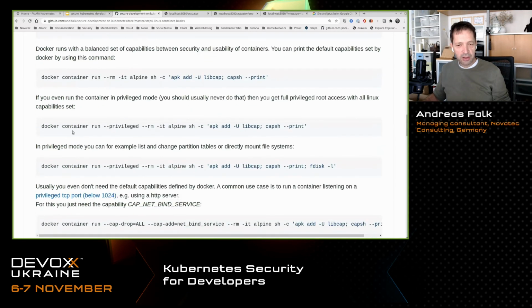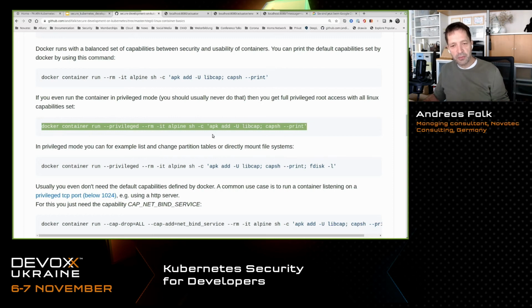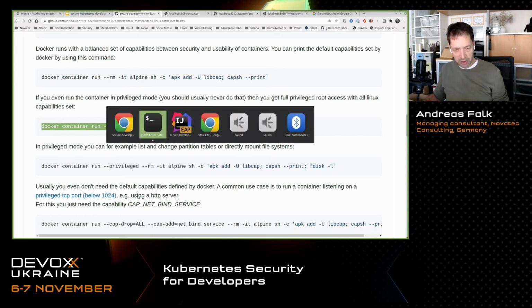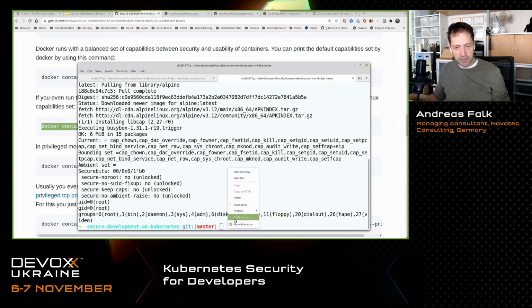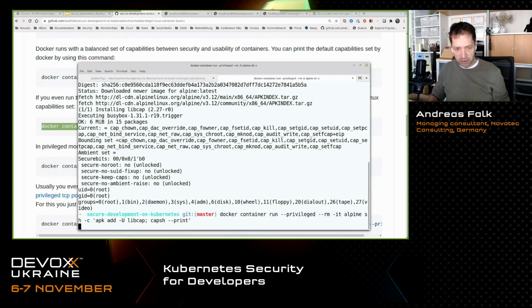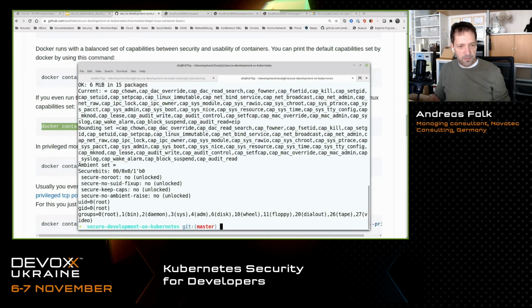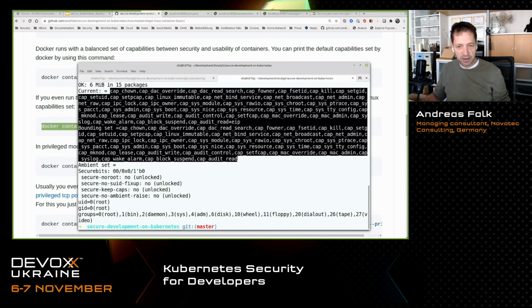So if you now try to do the same in privileged mode, like running with root access capabilities, things change pretty much. If you just add the privileged flag to your Docker container, then Docker gives you pretty much all the capabilities.